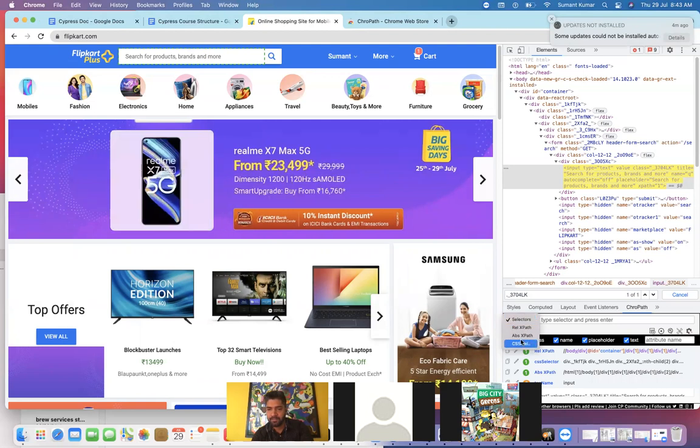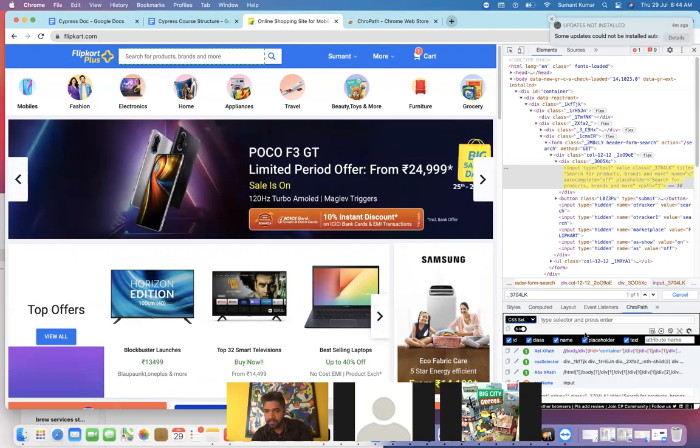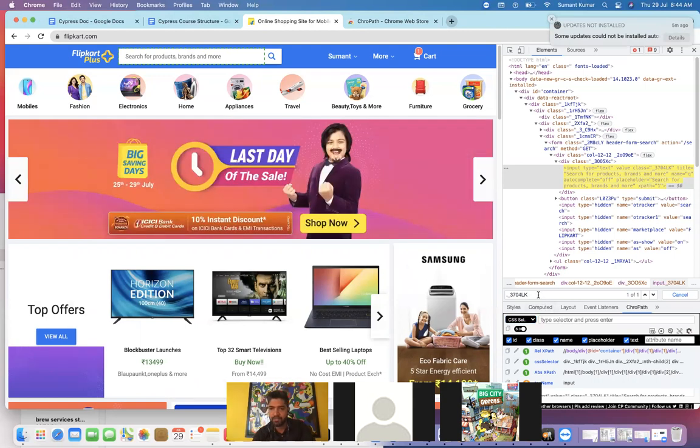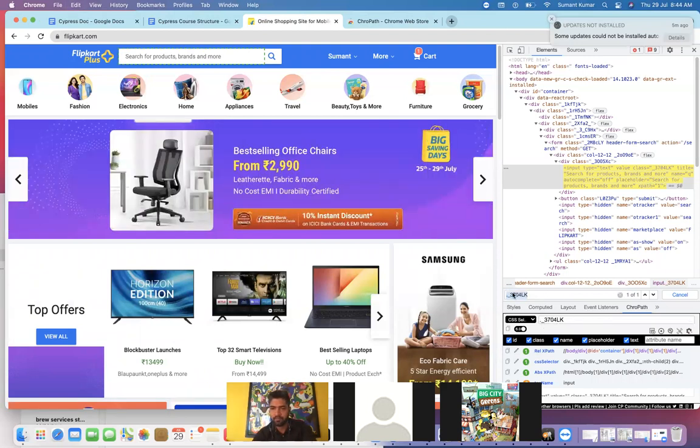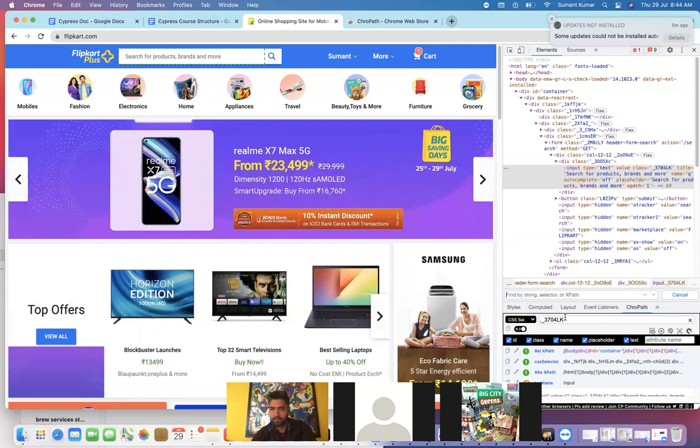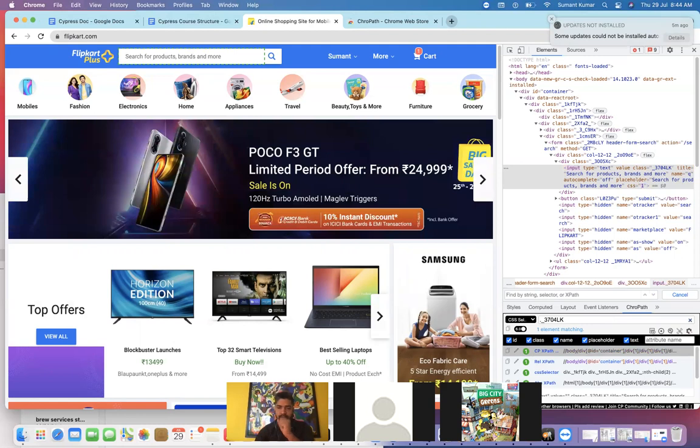Let's say I've selected this CSS selector, and once I type, you can type your CSS selector here. Let's say I'm using the same thing here, and I will remove this and hit enter.